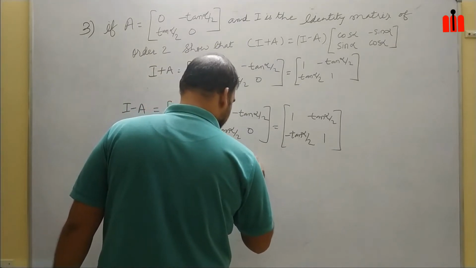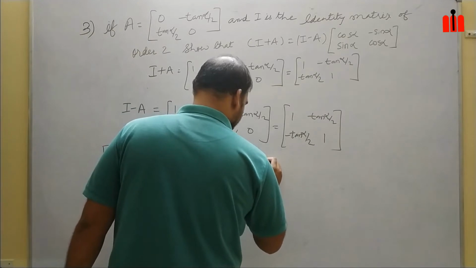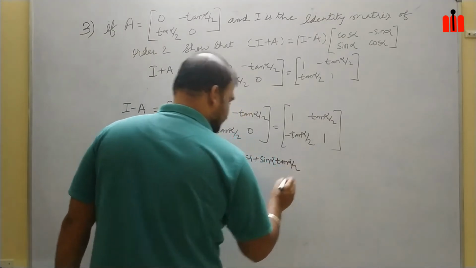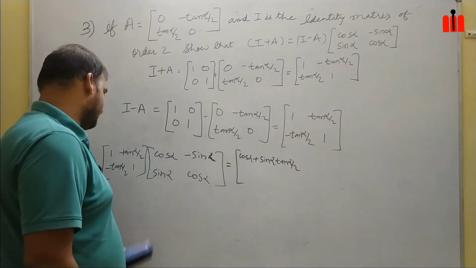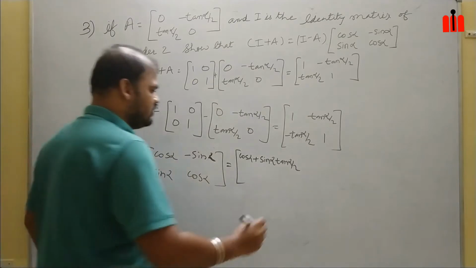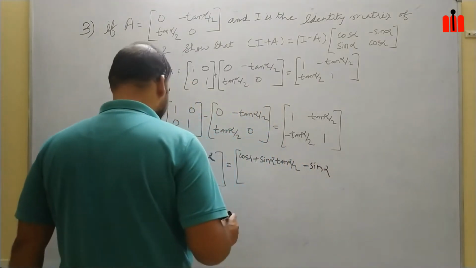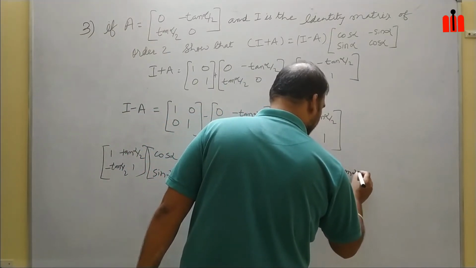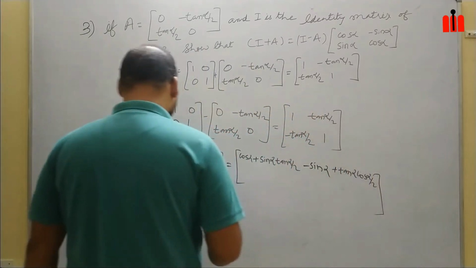So it is cos alpha plus sin alpha tan alpha by 2. Okay, so this will be the first term. Second term will be minus sin alpha plus tan alpha cos alpha by 2. Okay,